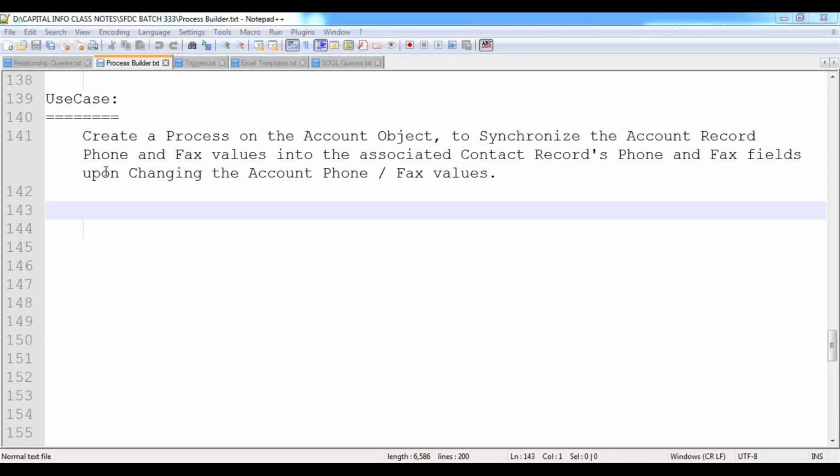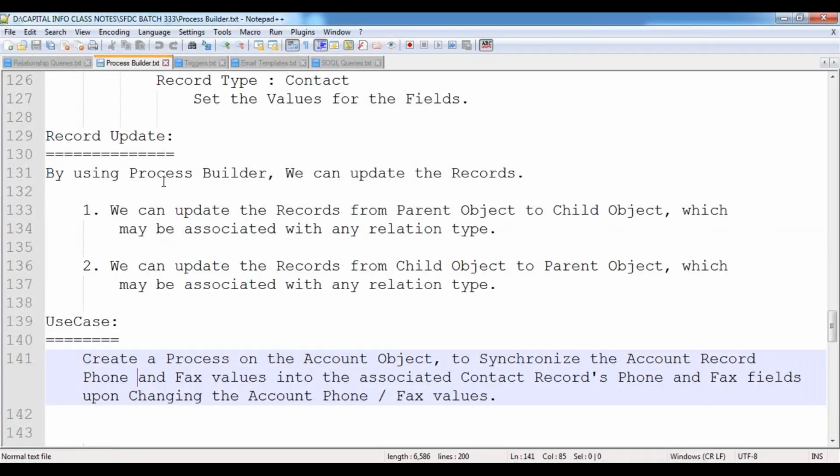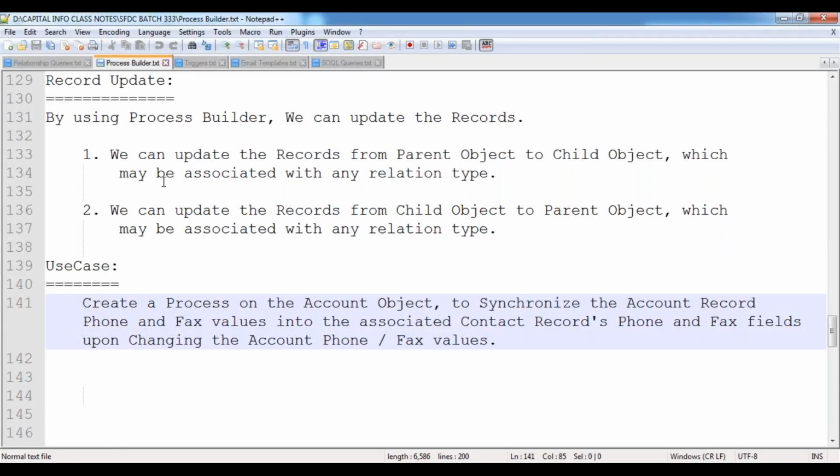So in the previous session, we have discussed the process builder, and we have discussed how we can create processes to send email alerts and to create new records by collecting the values from the parent records. And along with that, we have discussed that by using this process builder, we can update the records also,